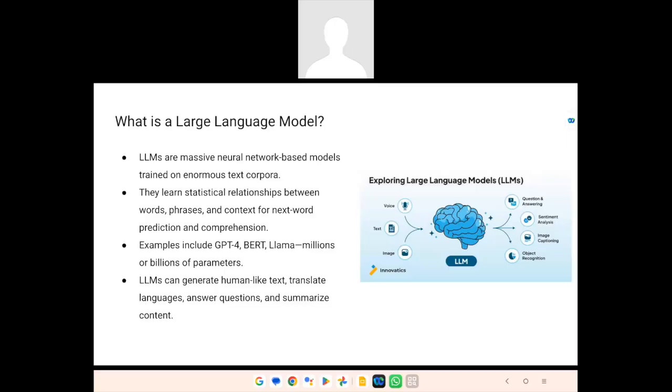In this session I will not delve into the theory of transformers. Rather, I will give you a brief overview of how things work. Let's say I say "I live in", and you can come up with some text, like possibly Chennai or Tamil Nadu.